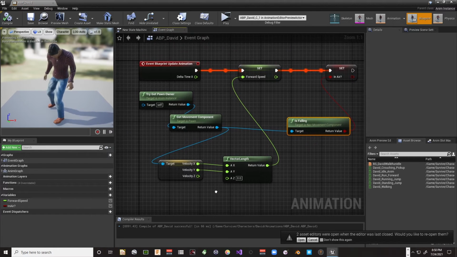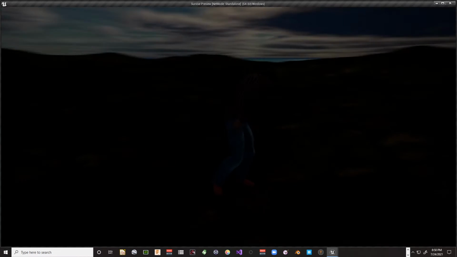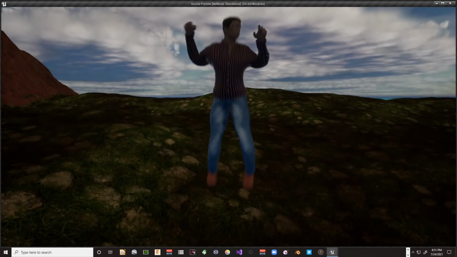Okay, I'm back. This is a little bit hokey, but what my little speed detection thing was doing was picking up the velocity in the z-axis as also a velocity. So all I did was split these struct pins for our velocity vector, and just take the x and y and leave the z at 0 and get the length of that, so that it knows that it's moving along the ground at a certain speed rather than moving up at a certain speed. So if we play now, we get our jump in place